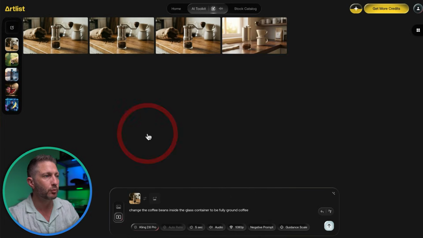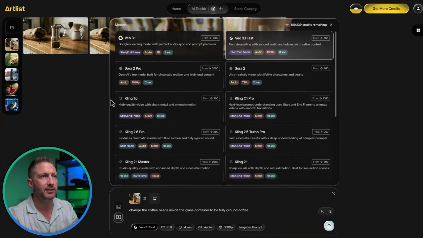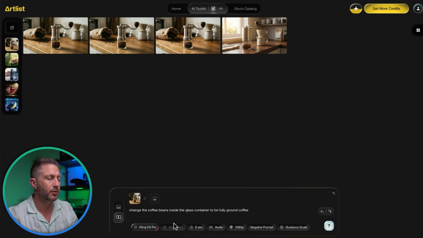So selecting Kling 2.6 Pro, for each of the different models we have a series of options that come up. Not all of them have the same options here, and some of those options are summarized in the screen here. It tells you the length of the videos, if you can use a start and end frame or just a start frame. Coming back to Kling 2.6 Pro, you get a choice between 5 and 10 seconds, audio on, off,